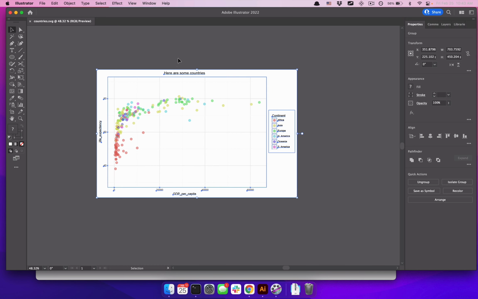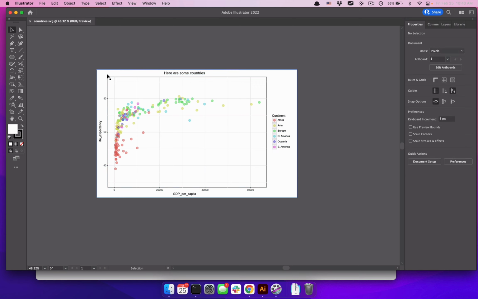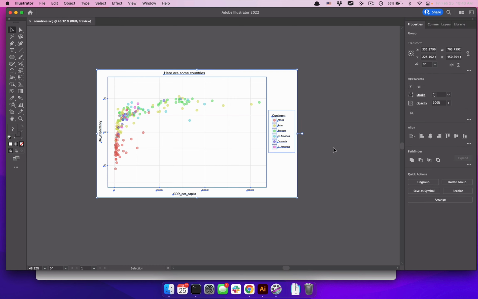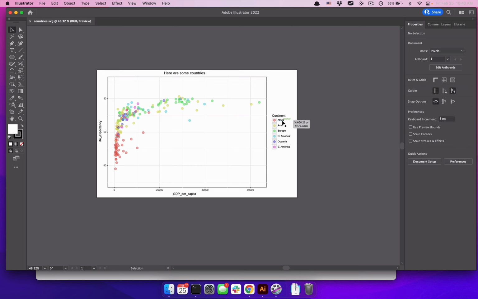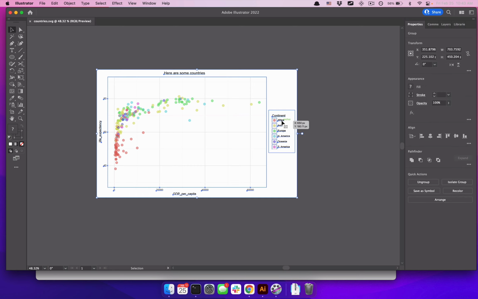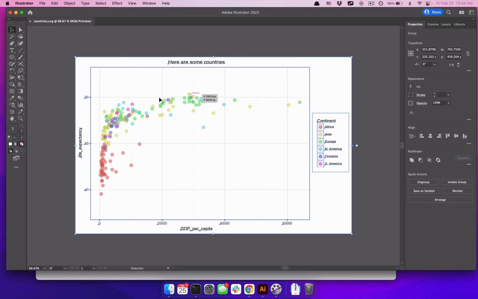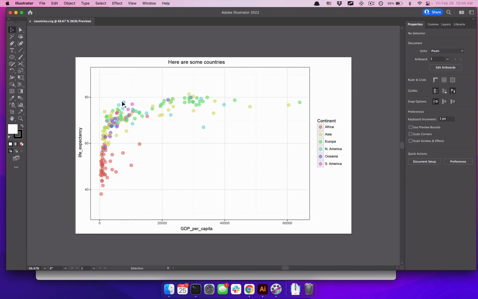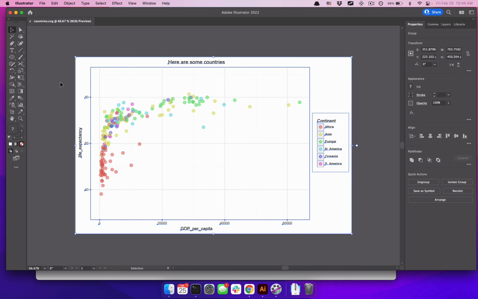Now, by default, when you save an SVG in ggplot or plotnine or matplotlib or Altair, any of these things, it automatically groups together all of the content that is on the file. So even if I just want to select, let's say, Africa over here, this one little bit of text, if I click it, it then selects everything that is on the page. If I want to click this one single circle here, it selects everything on the entire page, that's not